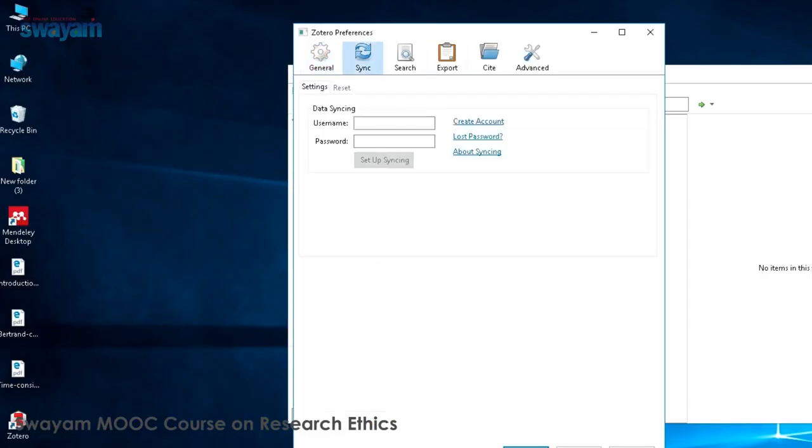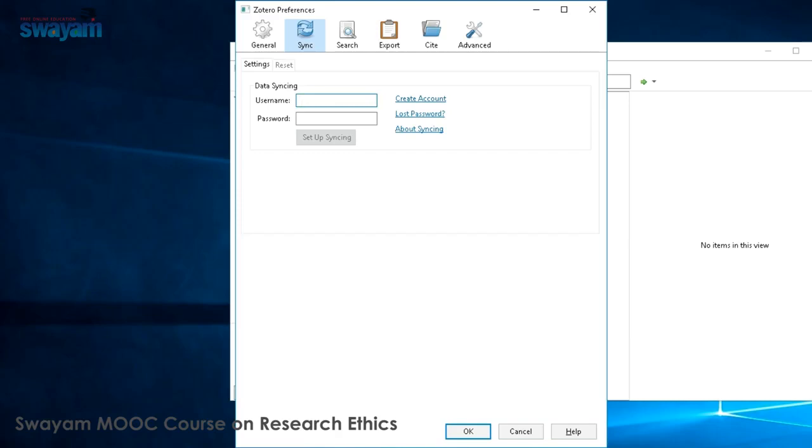Now here you can see these are the credentials which have to be entered. You click on username, give the username and password that you selected at the time of registration.